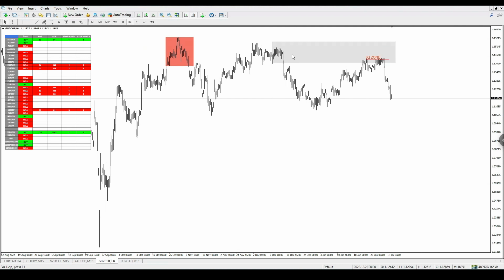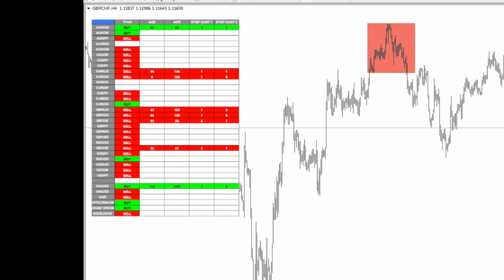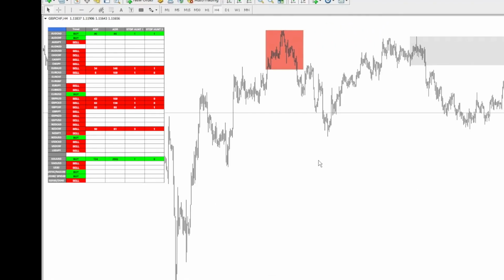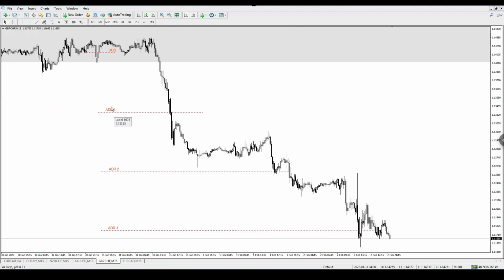We had a nice supply zone here. We could see the trend is in play. All of this is over here on the dashboard lighting up. We also have a stop hunt 1 and a stop hunt 2 initiated. And then what we're actually seeing going forward is a liquidity zone right here where the market took that liquidity. And then on the 15-minute time frame, after that did happen, we had our break of